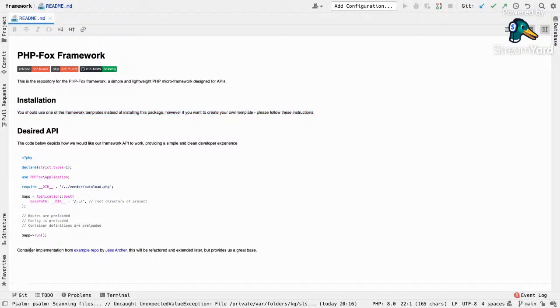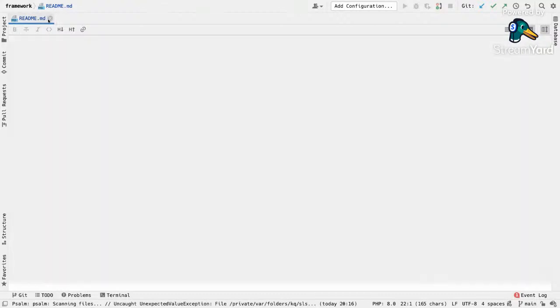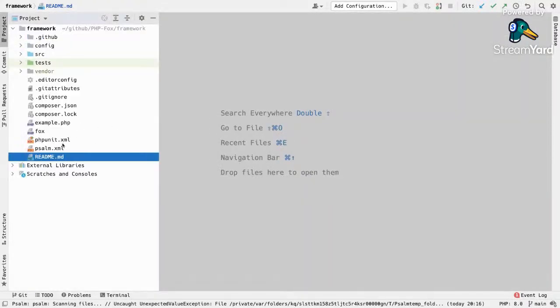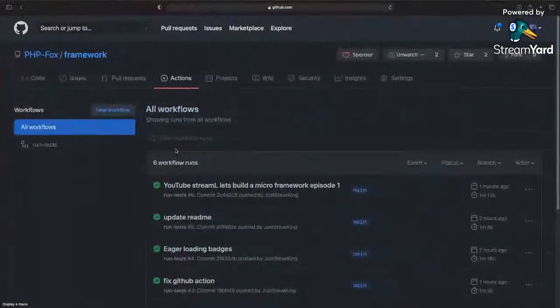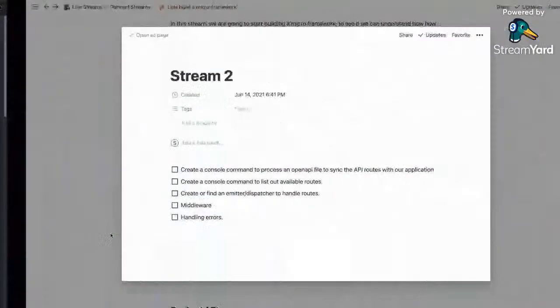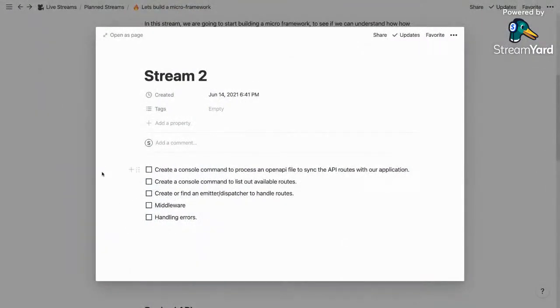And then we've got container implementation from example repo by Jess Archer, noted down the bottom. That is good. Then next stream. All tests are passing, just what we wanted. Means we didn't break anything. So next time,